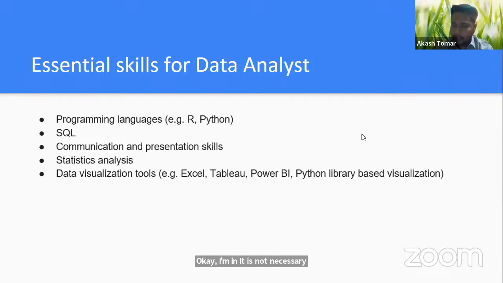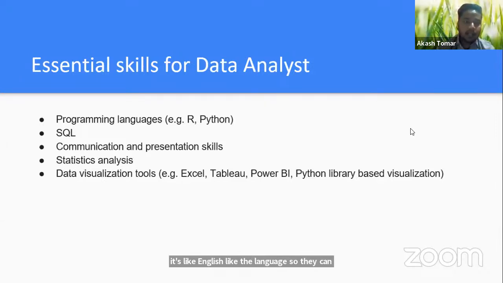The best language is Python. R was earlier very popular for data analysis, but now Python is the language, because R was much more complex when it comes to writing code. R was a little bit complex, but Python is very simple. It's like a normal language. Even a person who is not from a technical background can understand Python, because it's an English-like language.